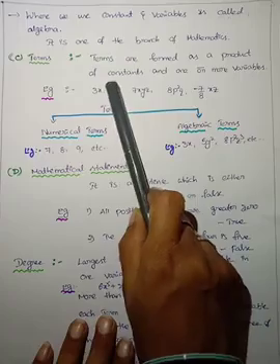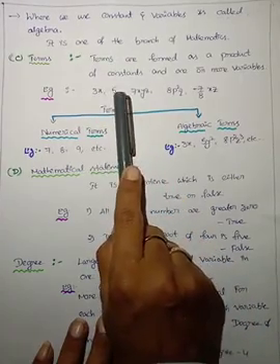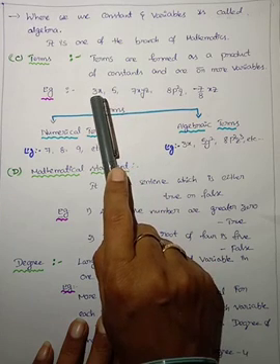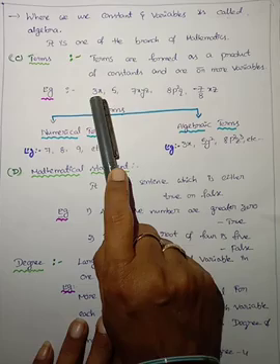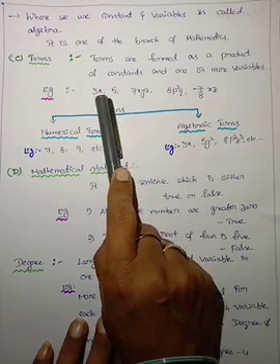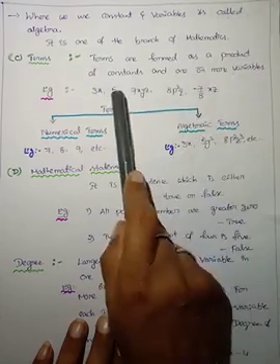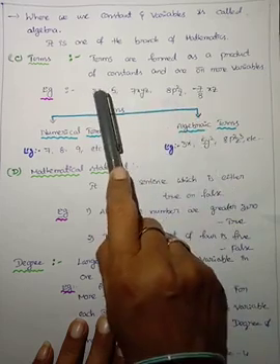So we have to take some example. 3x is a term. 5 is a term. 3x, 3 into x, 3 is a constant. We already know about the constant. x is a variable. The product 3 into x, 3x. Terms are formed as a product of constants and one or more variables.